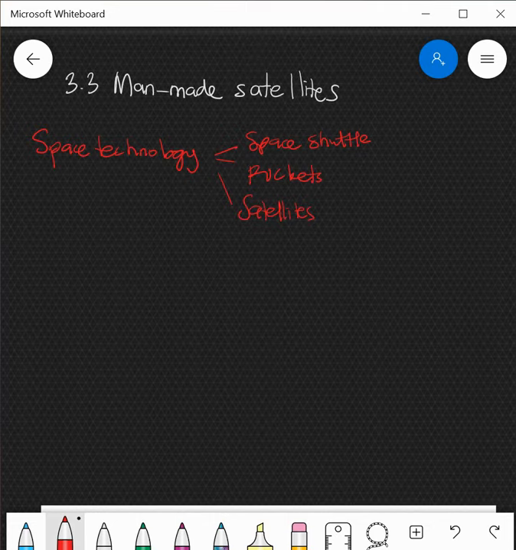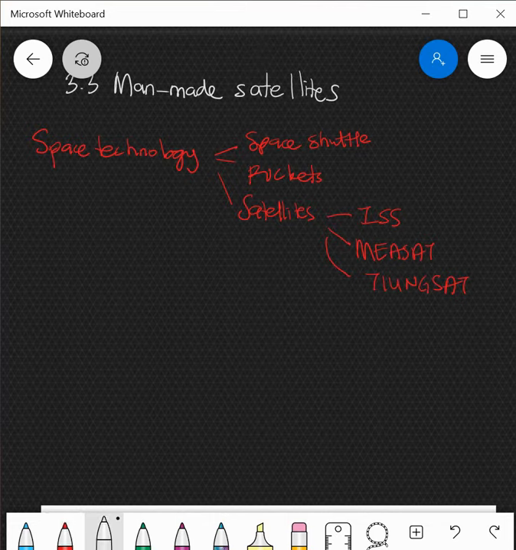Before this, awak ada belajar tentang ISS, iaitu International Space Station. And then awak ada belajar juga tentang MISAT. MISAT is Malaysian satellite lah. Tiongsaat, Razaksat and so on. Okay, so ni kita record sikit-sikit sahaja. Okay, so